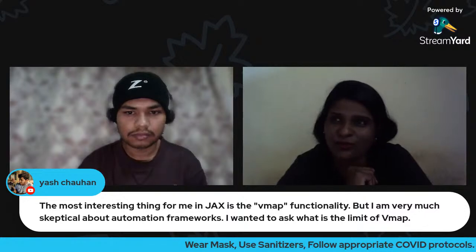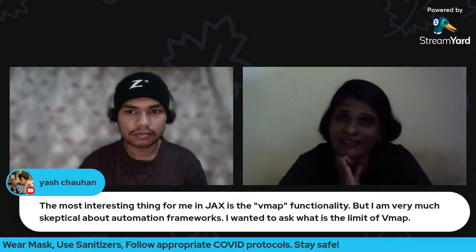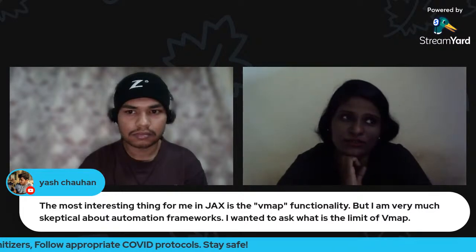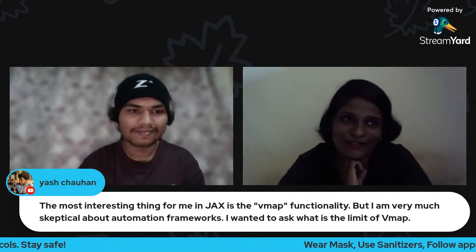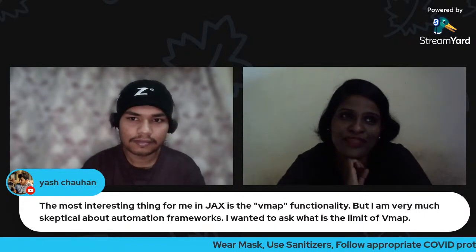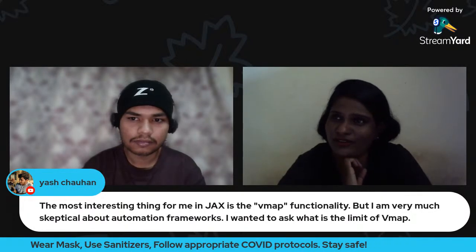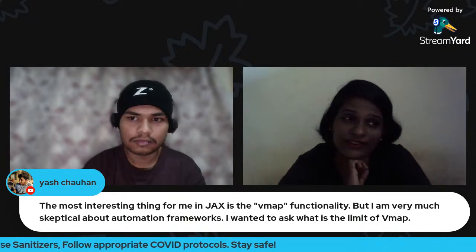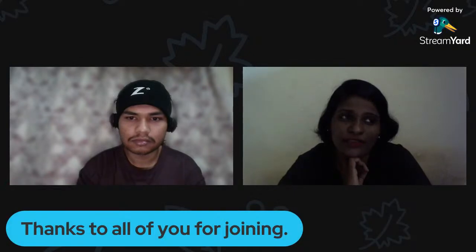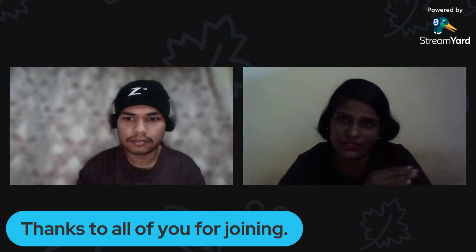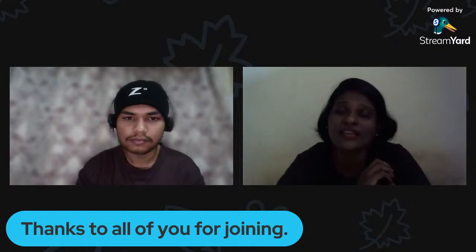So I've not explored much of research paper implementations in JAX and Flax at the moment. So I'm not sure I'm the right person to compare on the limitations, because I've written only one notebook so far. But from whatever I see, VMAP comes across as a powerful transformation, and it's definitely something I look up to. But one thing I would like to point out is, if you're going to take a project and, instead of writing it from scratch in JAX,